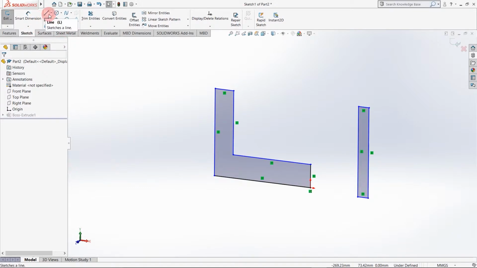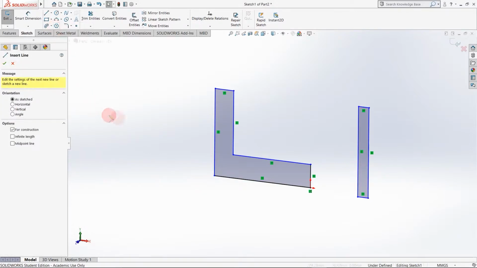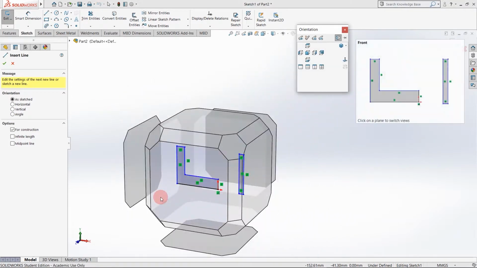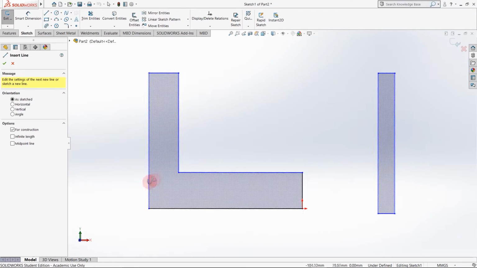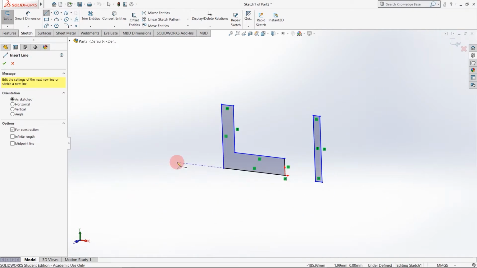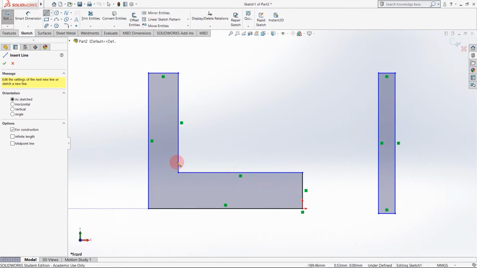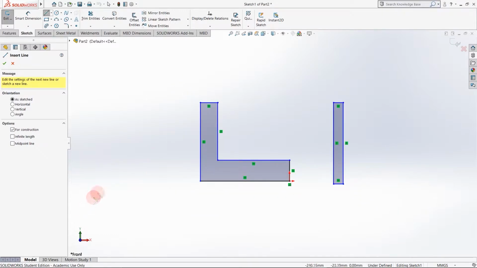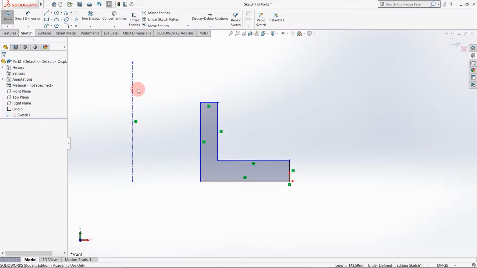Another command I want to explain is revolve boss base. Suppose you are in a sketch and you see the isometric view, just press Ctrl 8 to get the normal view to the sketch. The scroll button is for zoom in and zoom out. For revolve boss base, I have sketched this simple geometry.